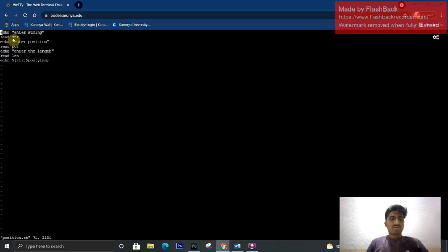It will read the string given by the user. Echo enter the position, read position. It will read the position given by the user, and echo enter the length, read length. It will read the length given by the user, and echo string, $string, $position and $length.